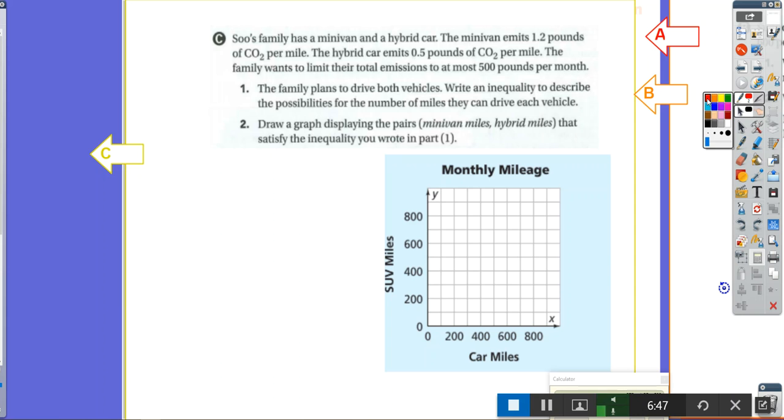All right, so 500 pounds, and we don't want to go over 500 pounds, and our hybrid produces 0.5 pounds of CO2. Our minivan is 1.2 pounds per mile. So same basic structure of the equation. Let's find the zeros. So if I have 0 miles for the hybrid, and I only drive the minivan, like I'm driving out to Vegas to